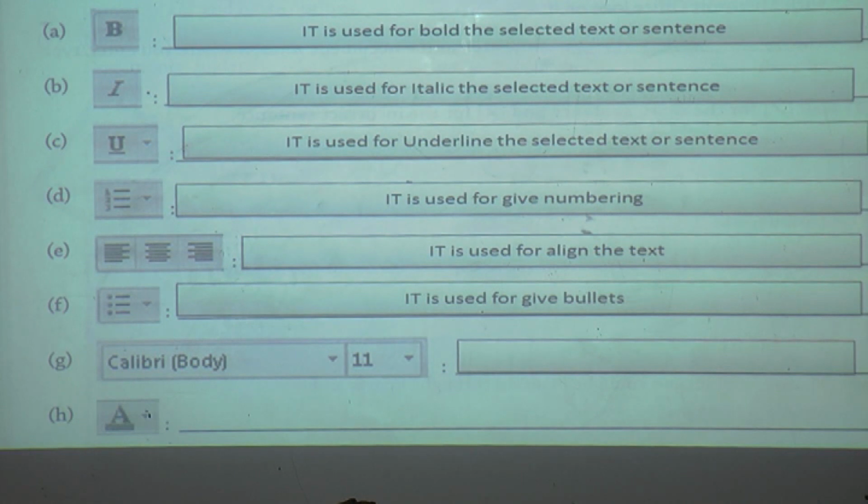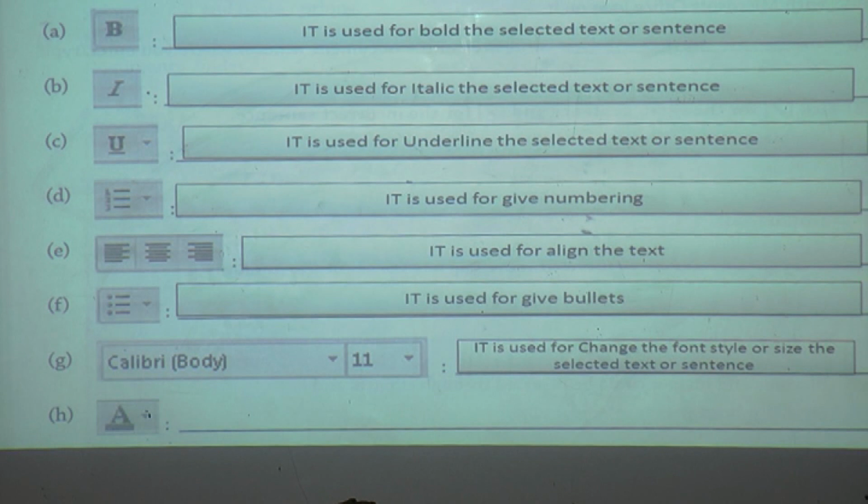Next one is second last, Calibri body, and next one is 11. Then what is the use of it? It is used for change the font style. Means Calibri body is the font style. And this next one is 11, means we can increase the size of text and we can decrease the size of text.